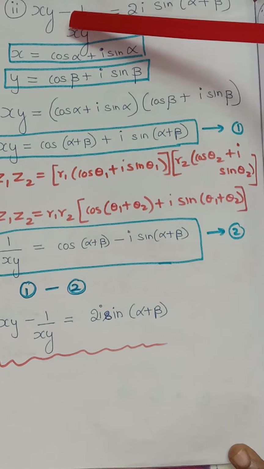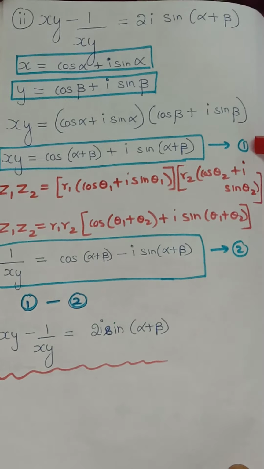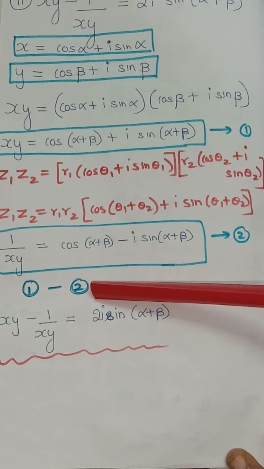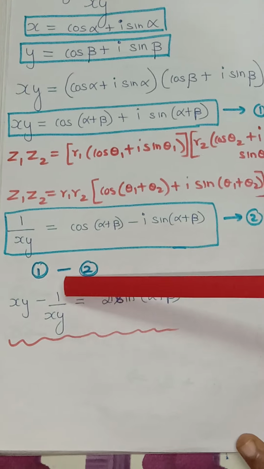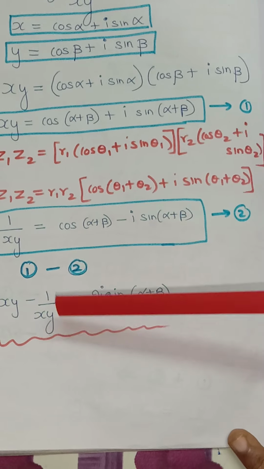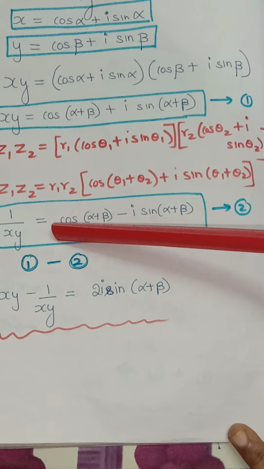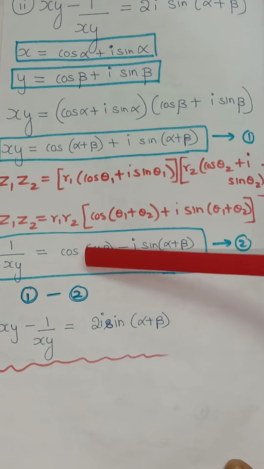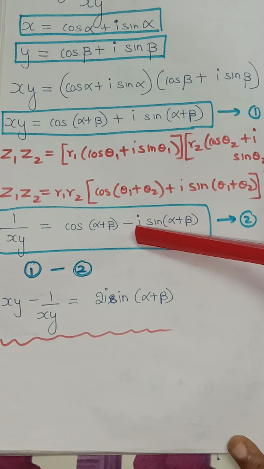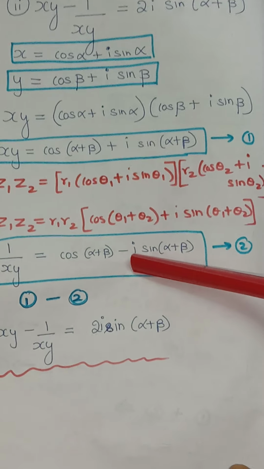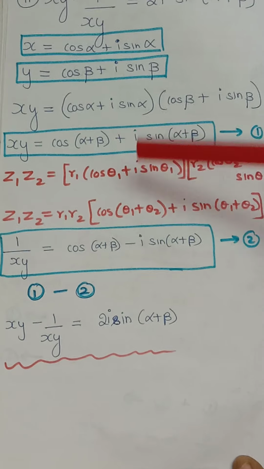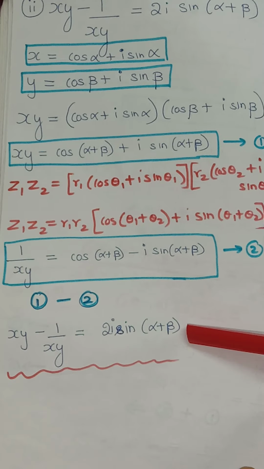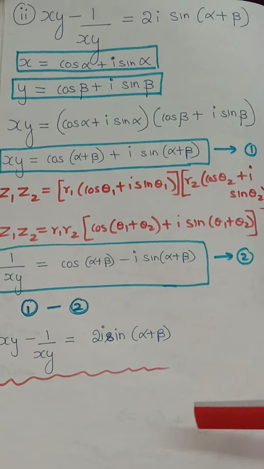Now see the question, we have a minus sign. So I have to subtract the first and second equation. Equation 1 minus equation 2. So xy minus 1 by xy. Now since it is subtraction, I have to change the sign here. So you will have here minus cos(alpha plus beta). So this term and this term get cancelled. When it is subtraction, there is already a minus sign. Now subtraction means when we put a minus sign, it will become plus. So if we add these two terms, we will have 2 sin(alpha plus beta). So we got the desired result.